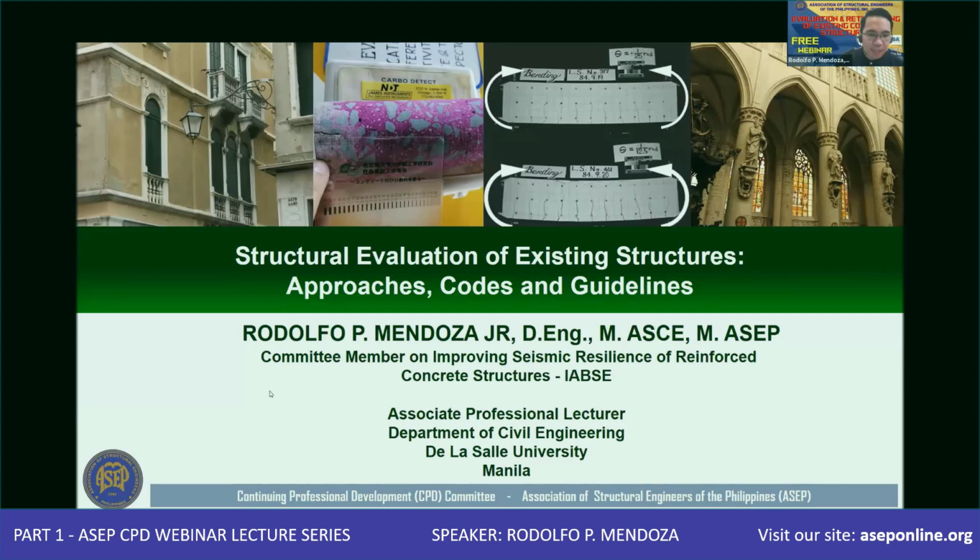Again, in the presentation, I qualify the trigger for structural evaluation, which is an aging of structure. And normally we do it when there is already some doubt, for example, physical evidence of deterioration in the structure. Or, since it is aging, it may be triggered by seismic evaluation. That trigger may be due to the fact that the building was constructed way back when we didn't have yet a code